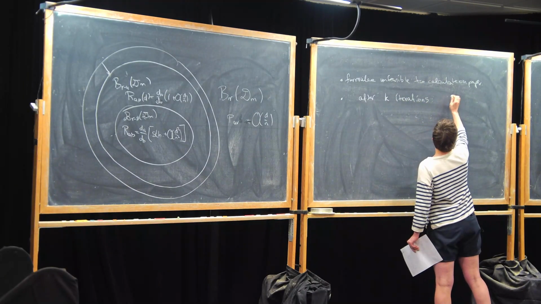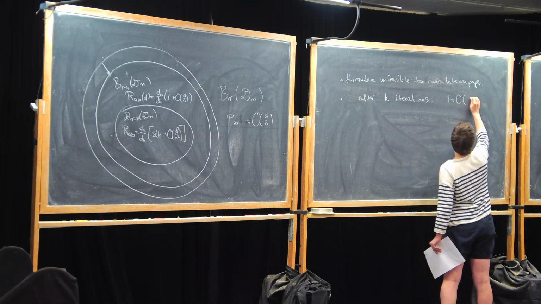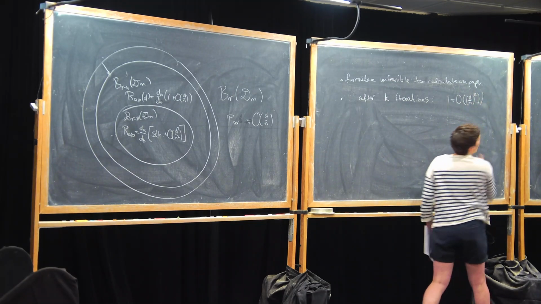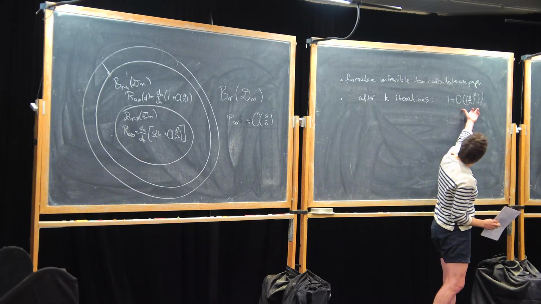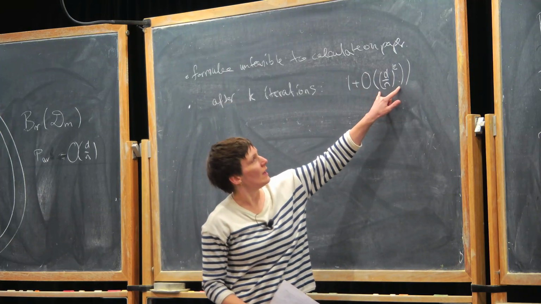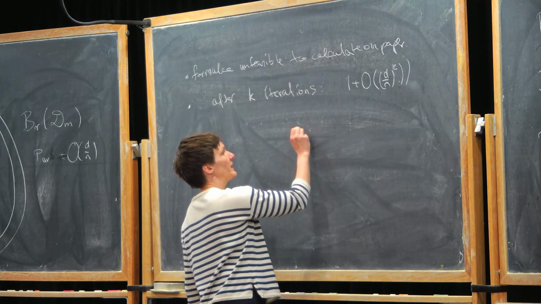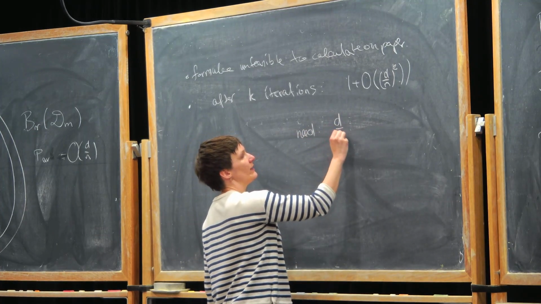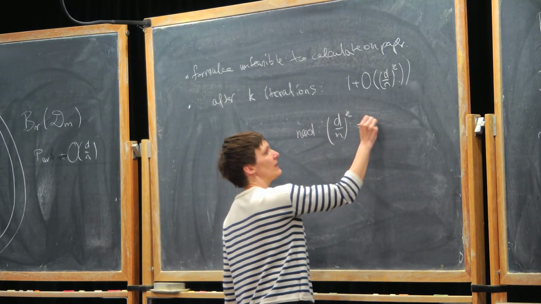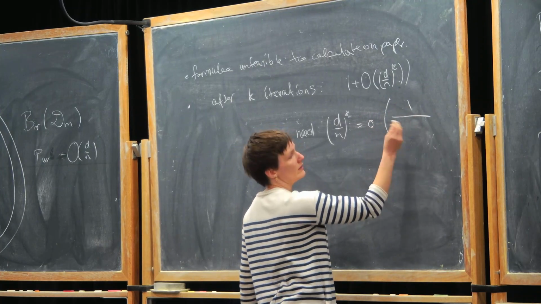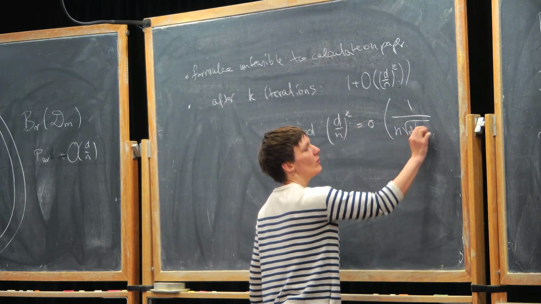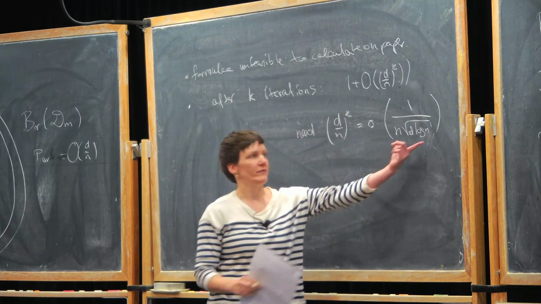The precision would be like 1 plus big O of D over N to the k. And we want this precision to be little o, so we need for our argument that D over N to the k is little o of 1 over N root D log N,